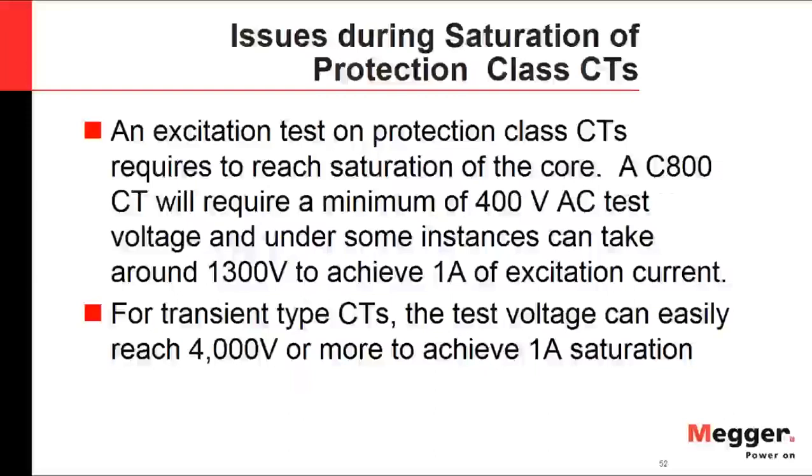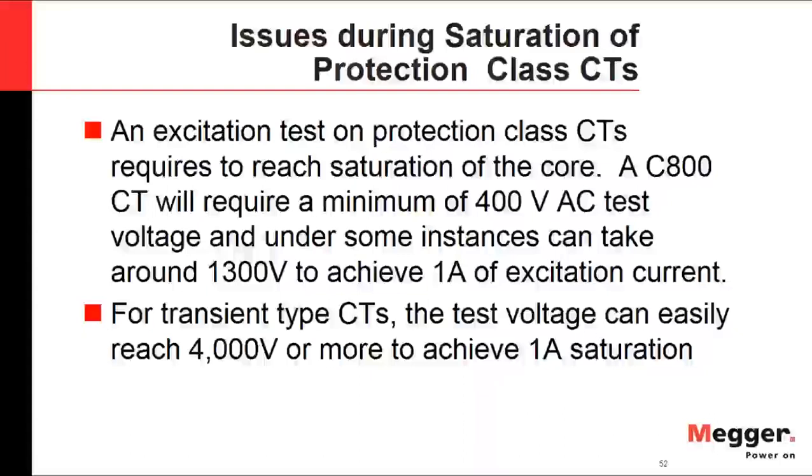Coming out from the testing procedures, we need to consider certain issues that we have encountered and you as end users will encounter in the field during saturation of protection class CTs. If you are in the field and you find a C800 classification CT, you understand that the minimum voltage that you require to bring this CT into saturation might be 400 volts AC, but there are specific designs where the saturation voltage will exceed the 800 volts and might be 1300, might be 1500 volts to achieve a 1 amp